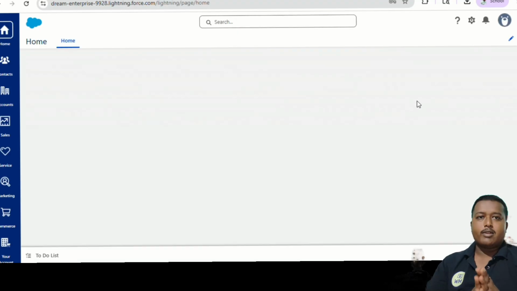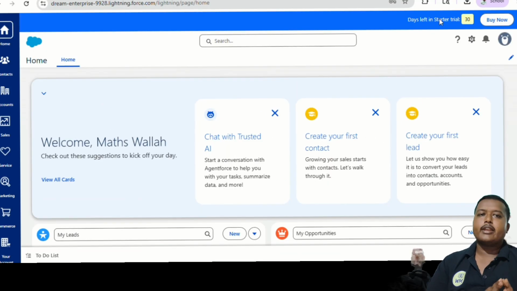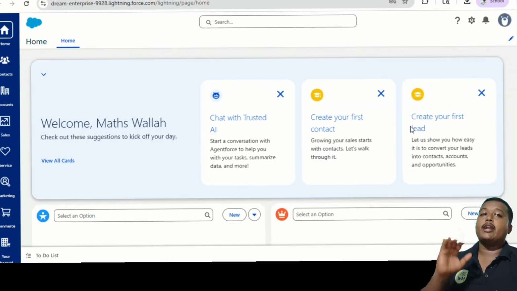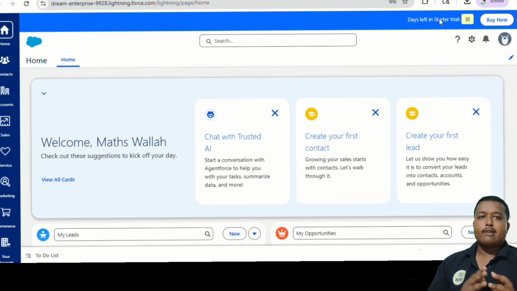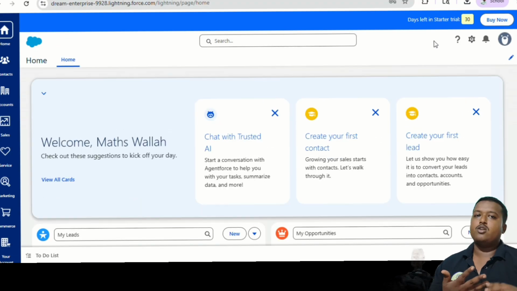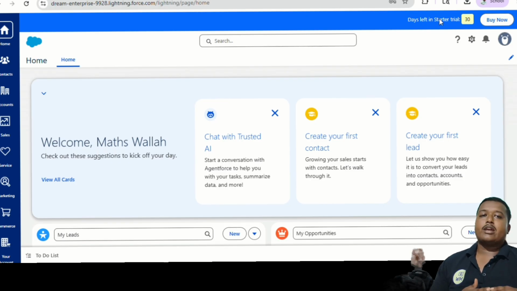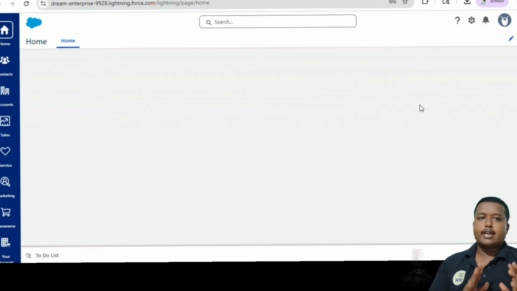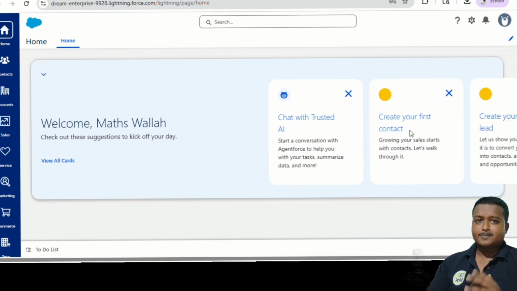So we are done with this video. I hope you have understood how you can create your 30-day free trial account. That too will be an enterprise version, and you will have different options there, like you can integrate applications through SAML, OIDC, and you can also manage your users and all that through Salesforce.